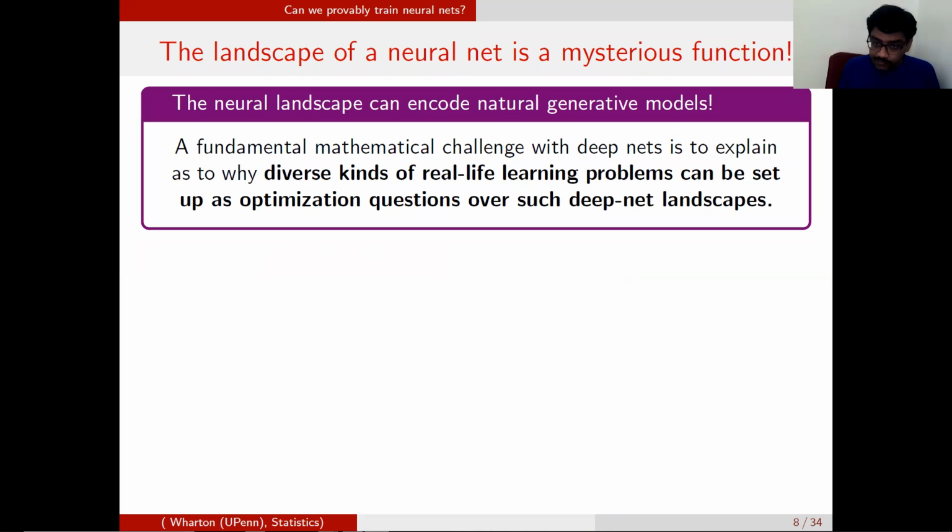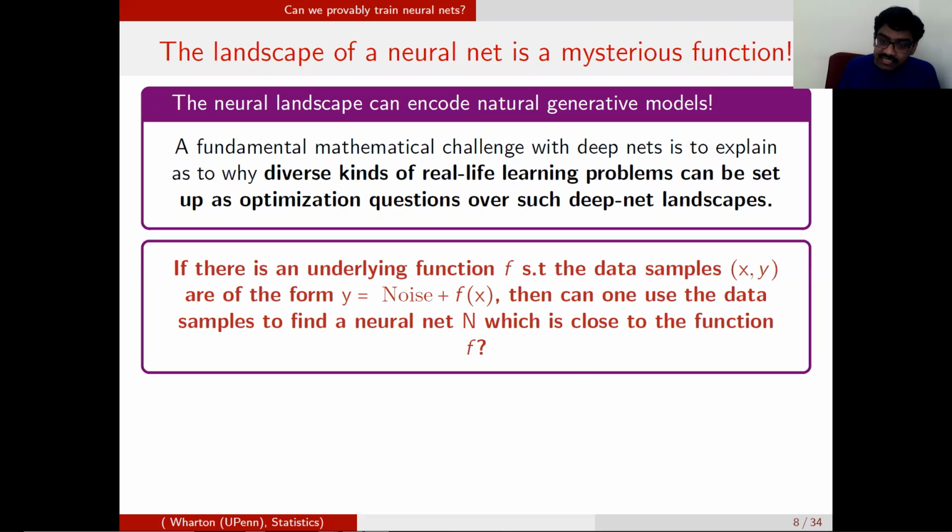So real life questions can be framed in this risk function language. Self-driving cars, for example, can be framed as a risk function optimization problem. And that's part of the magic here. More generally, we don't want to do just arbitrary risk minimization about a distribution, but often enough, our setup